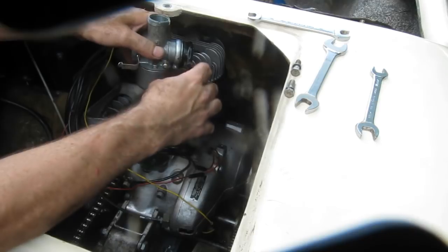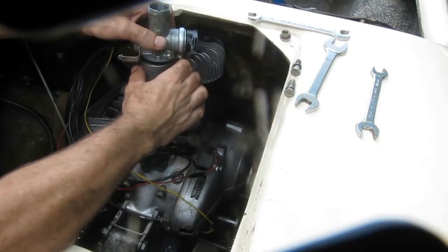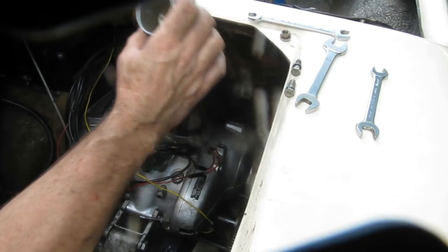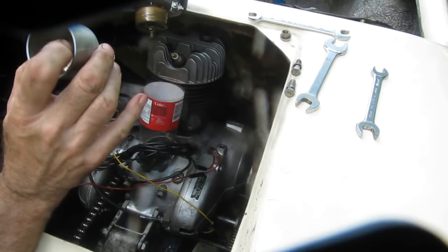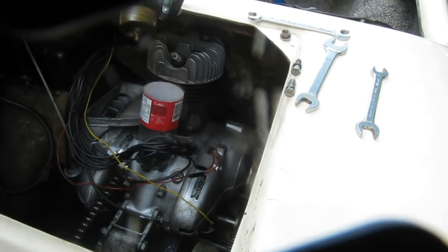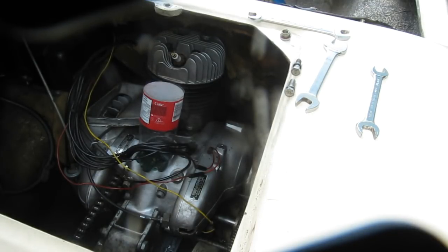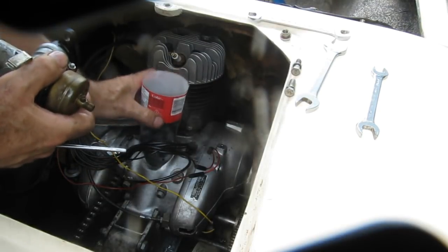Now, the bowl nut doesn't appear to have anything in it. Float bowl looks fairly clean. I don't see anything in there that should cause a problem. This is the main jet here. I don't see anything on it that might cause a problem, but I'm going to take the main jet out. Actually, let's just check the